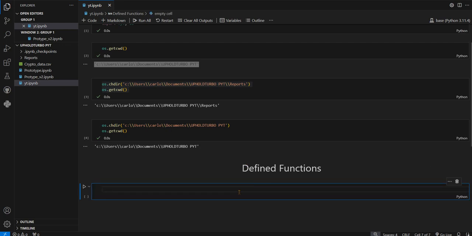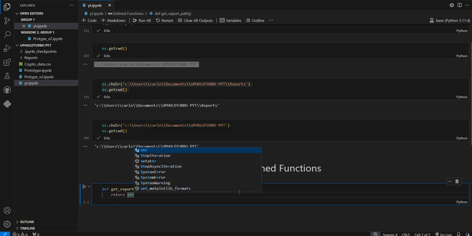Okay, so for the report path, we're going to switch between our report where we export. So that's how we create. Okay, so definition get report path, like that. And then we're going to do return str path